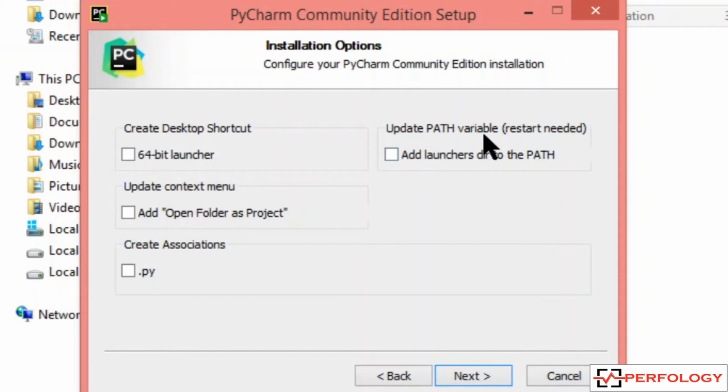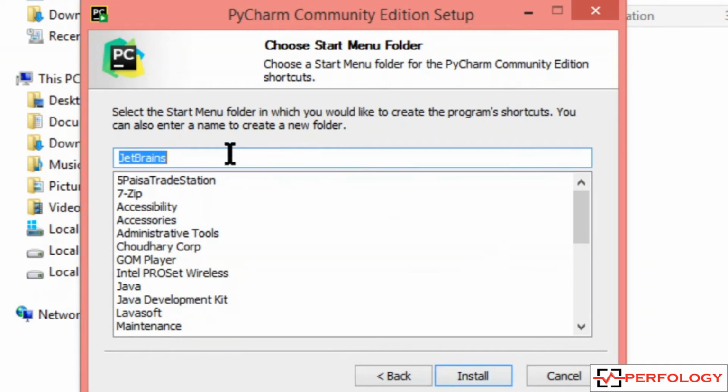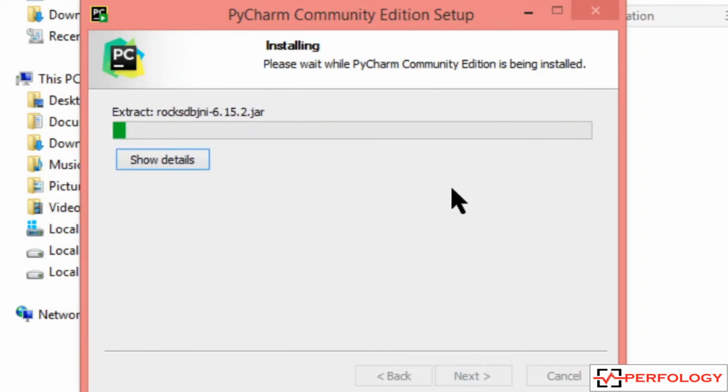You can also update path variable and do other things over here. We'll just create a desktop shortcut and we'll again click on next. We will keep it as it is and again click on install. So now the installation has started. It will again take some time to get installed.